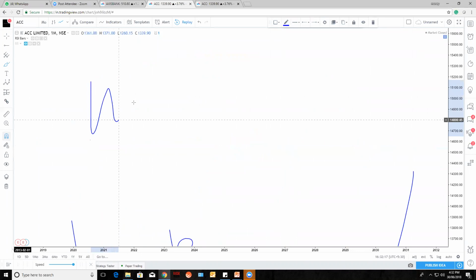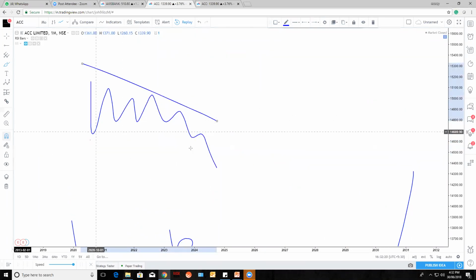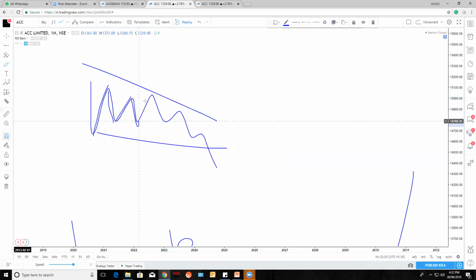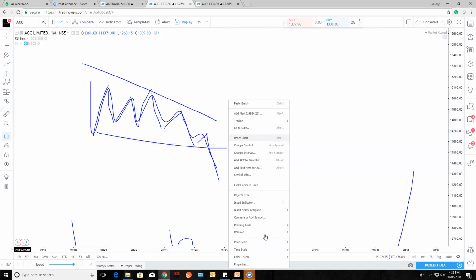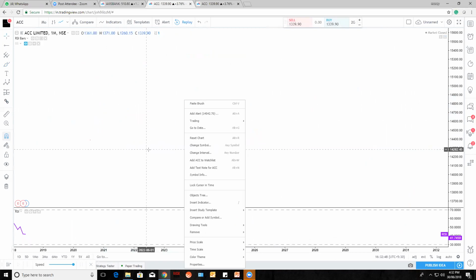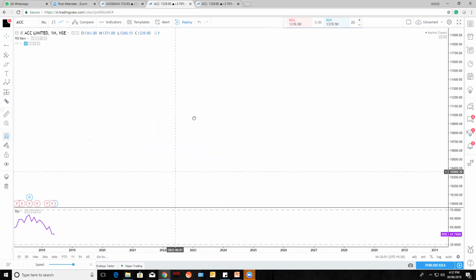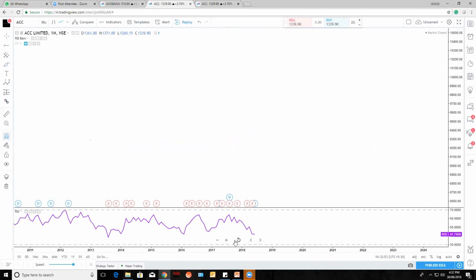Let's say this is a correction. In that also you will get an impulse followed by a correction, impulse, correction, impulse, correction, and impulse. Got it? So this is how the impulse and corrective waves are differentiated. Impulse waves are less time taking and you see them in terms of price, and corrective waves you always need to see in terms of time, because they are more time taking compared to impulse waves.